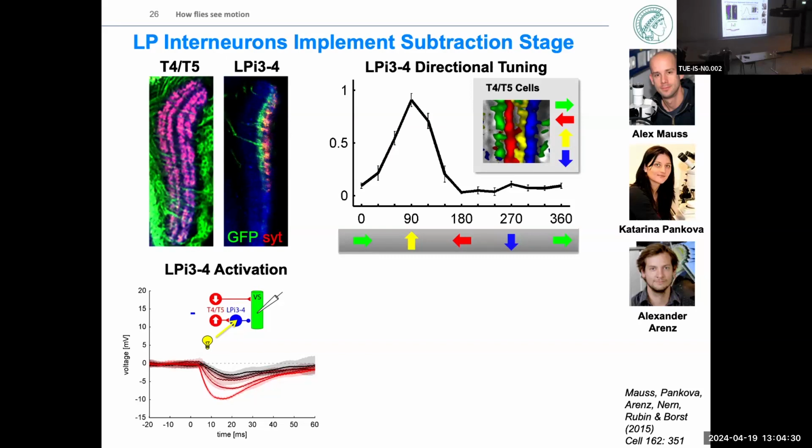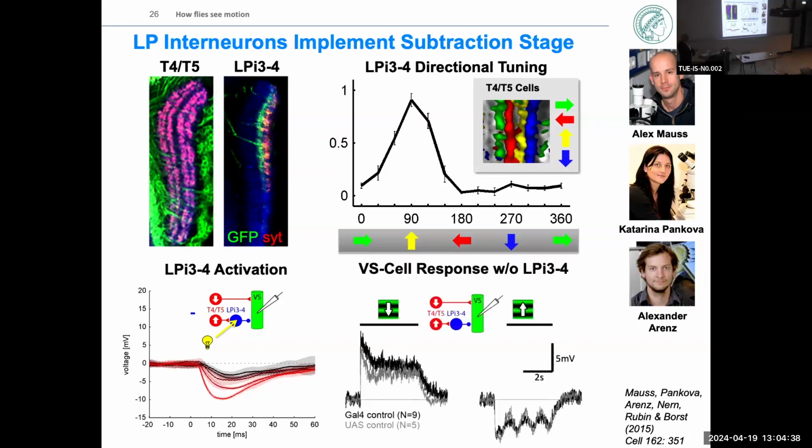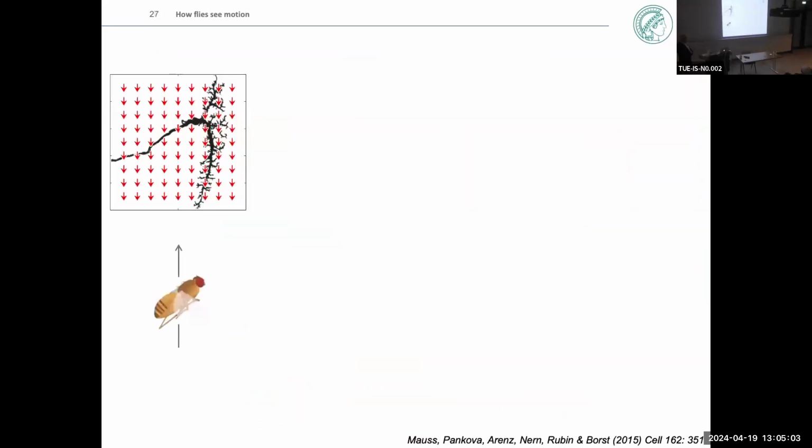of the tangential cells. Now, the last question was, of course, are they really responsible for the null direction hyperpolarization of the tangential cells? And here you see preferred and null direction of the 2 parental controls, right? Nice and strong. If we block these LPi 3-4, the depolarization is untouched, but the hyperpolarization is completely gone. You rarely get such clean data. That's really amazing. And now there's a last point before lunch, just one last point. So what is the function of this